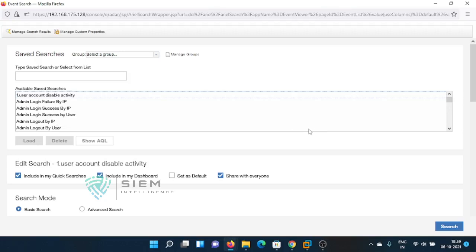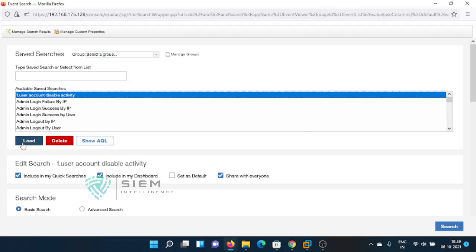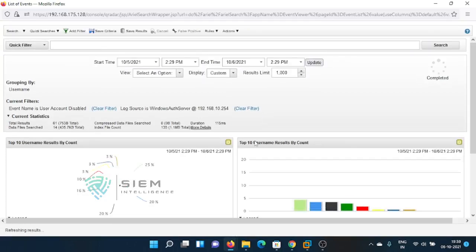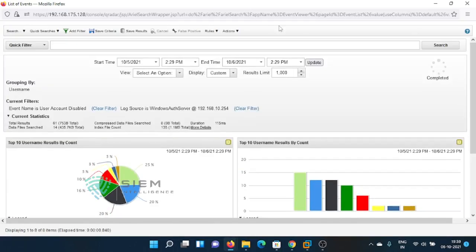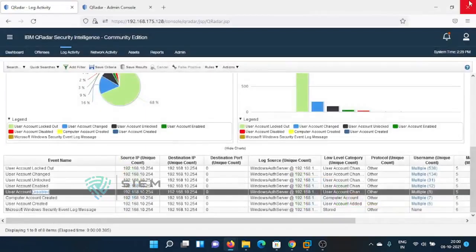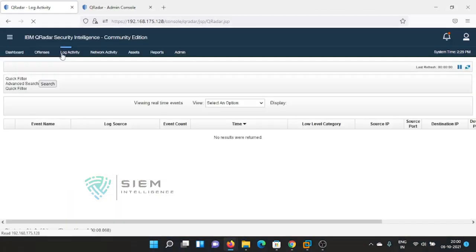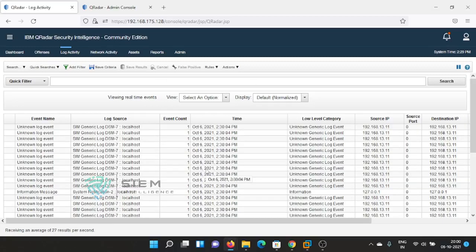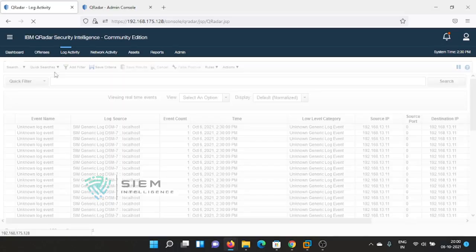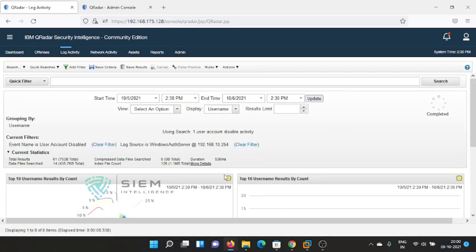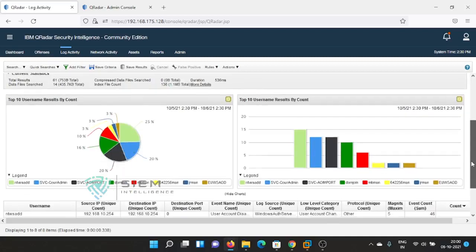So you do this, you select this again, and you can load, okay. You can load again, you will get it, and search. Load means it will be effective now. So it is now coming here. So whenever I go back and do the log activity, see, I go to log activity, I double click, the real time activity is coming, but I want to see the user disabled activity. I just go and click over here directly without doing anything. It will give the last 24 hours activity. See, last 24 hours from this Windows Search Server, this user account is disabled, grouped by username. The activity came into picture here.